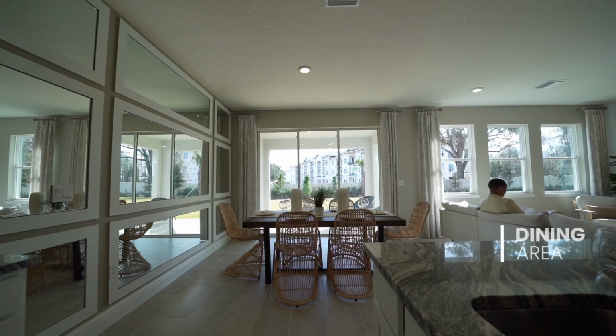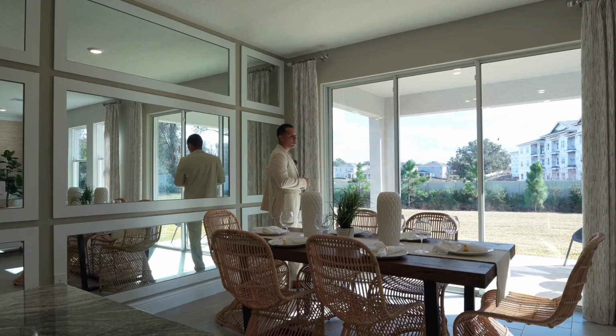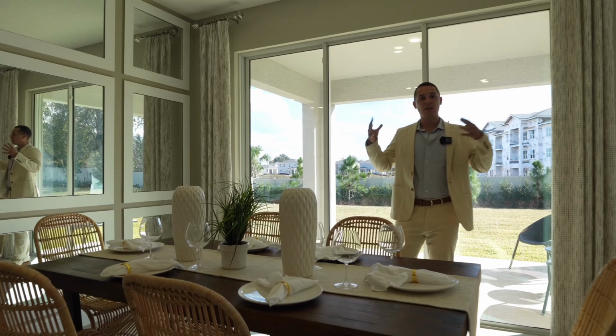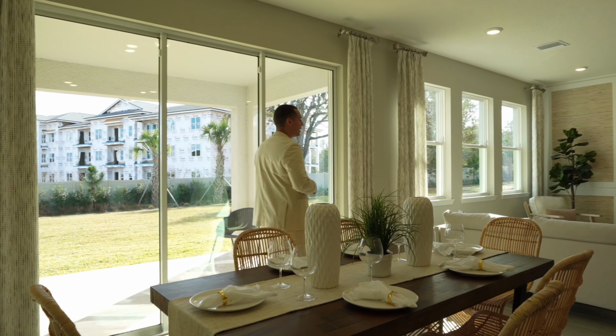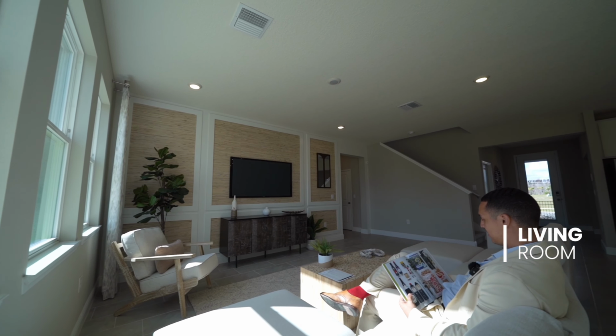Over here you're going to have your dining room area. This is a table that fits about 6 people. In my opinion, you can probably get a little bigger table and seat 8 to 10 people if you have a bigger family or you just want to have friends over for a big game, maybe the Super Bowl. And then over here, my friends, we're going to have the living space, the living area,